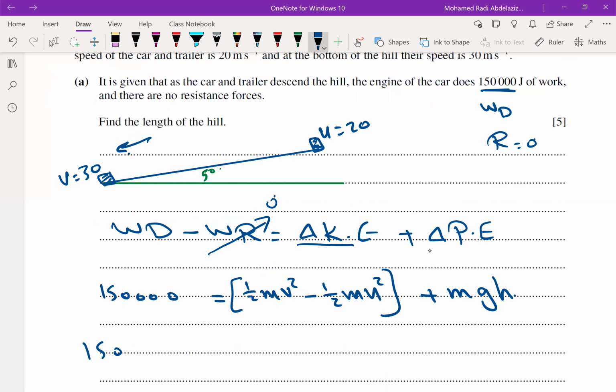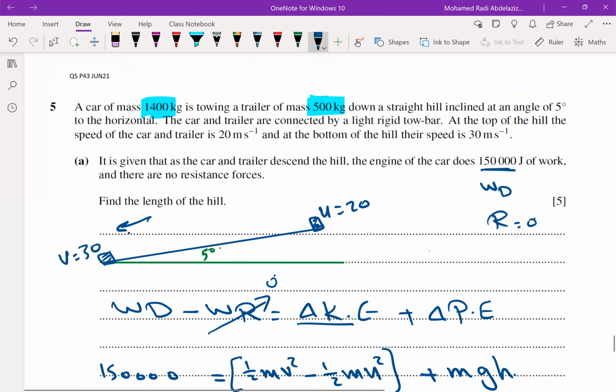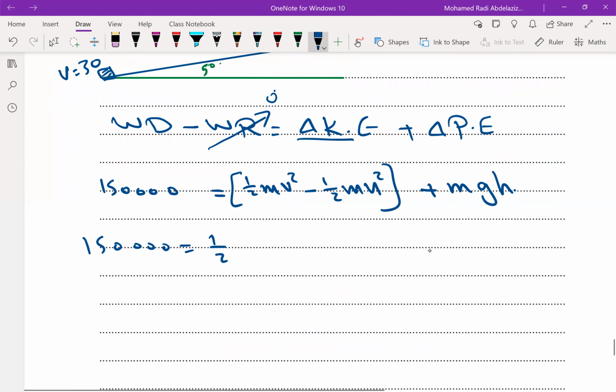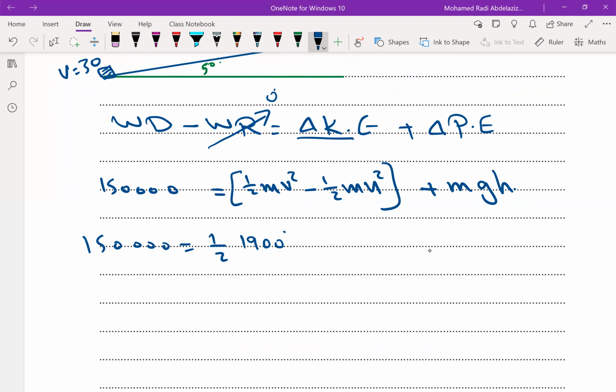So 150,000 is equal to half the mass of the system, car with the trailer, if we add them it will be 1900. So half times 1900, velocity, which is 30 squared, minus half times 1900 times 20 squared. You have to know whether it's a gain or loss. This is why I write V minus U. Whatever the sign, it's clear now, it will be positive, which means a gain in kinetic energy, but there is a loss in